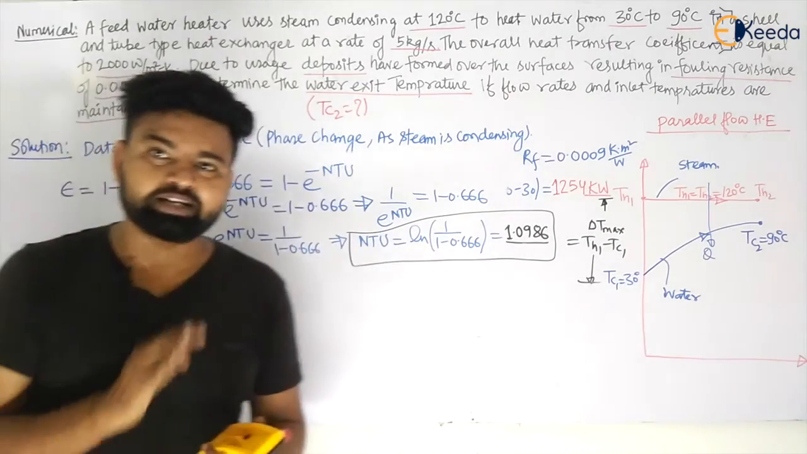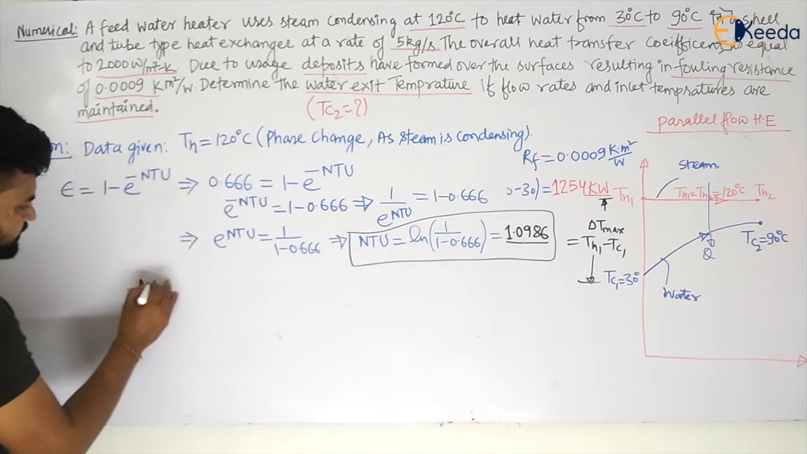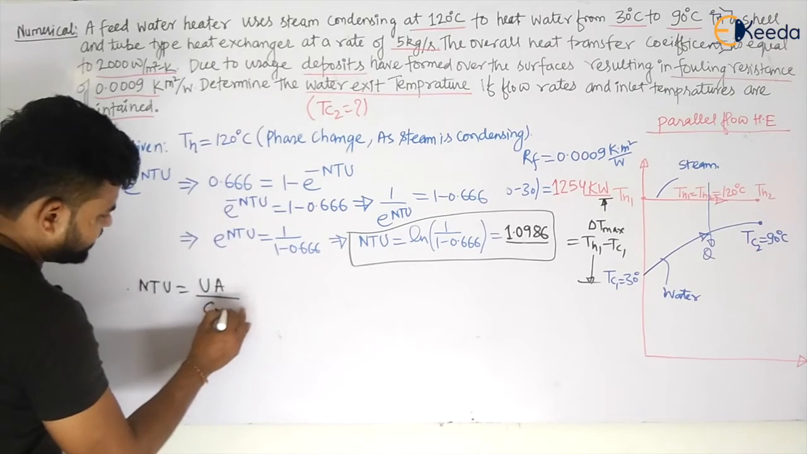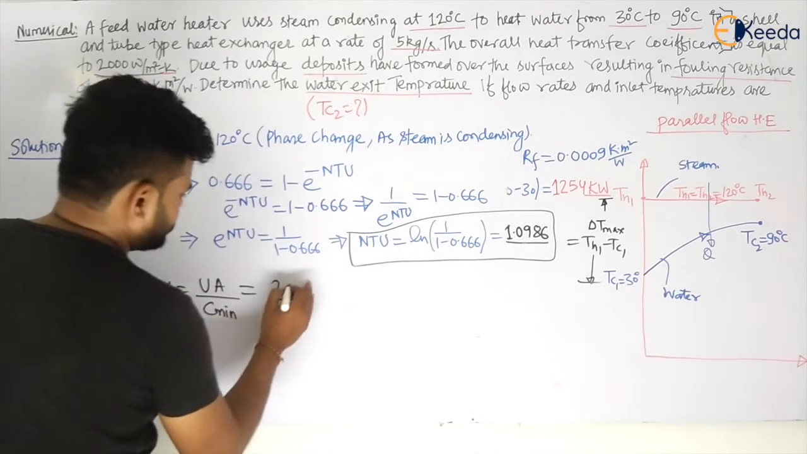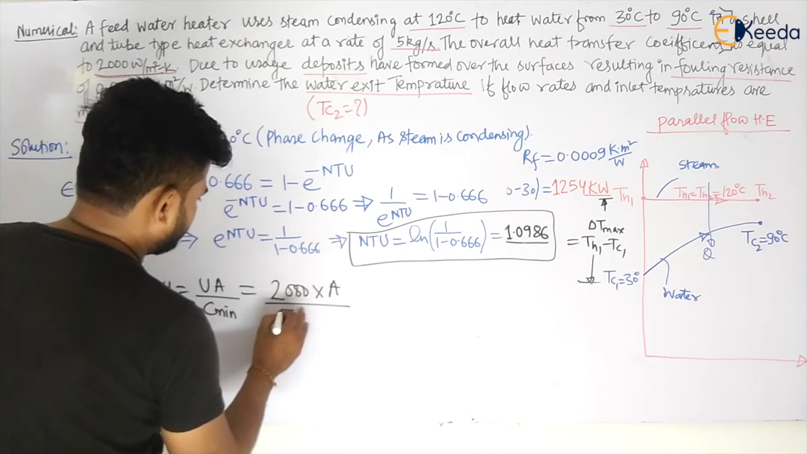Now let us calculate the area, my dear students. So what is NTU? That is the number of transfer units, equal to UA by C minimum. U is given to be 2000. So let us take 2000 multiplied by the area we have to calculate, divided by C minimum, which is for